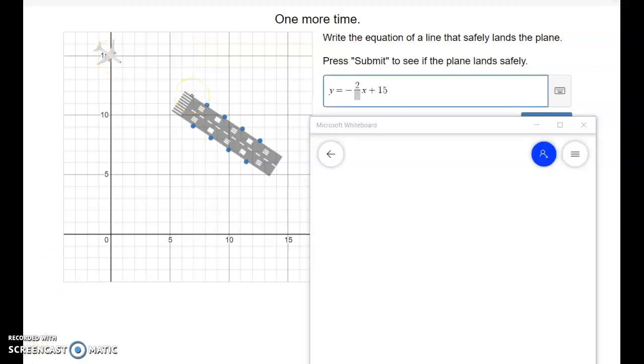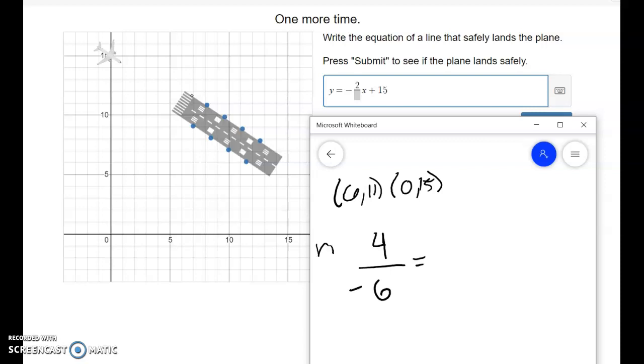So starting at this point right here, 6, 11, I'm going to get to 0, 15. I went up 4 and over 6. So my rise was 4. My run, since I was running towards the negative numbers, is negative. So I can actually reduce this by 2, and it should give me, oops,